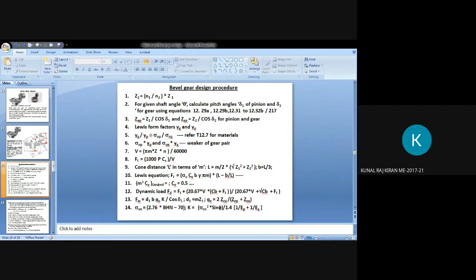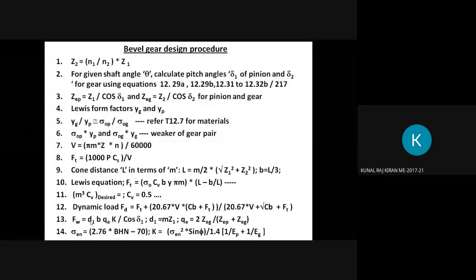So why are we using delta 1 in Fw equation? There is an equation derived here. It's a derived equation. So we need to use delta 1 there. If you want more insight into all those things, you need to get into derivation of these equations, which is not in the scope of this syllabus.